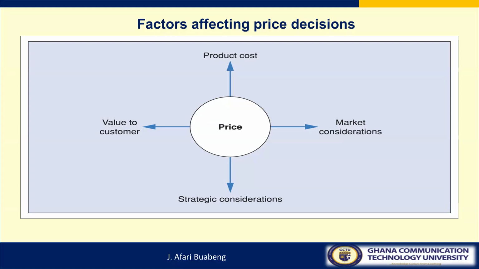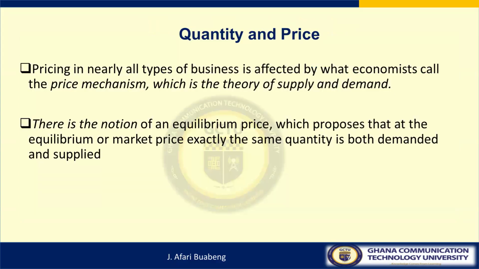So factors affecting price decisions. Don't forget the cost of producing the item, or the product cost. There's what we term market consideration. There's what we also classify as strategic consideration, and then value, perceived value to the customer. Now,